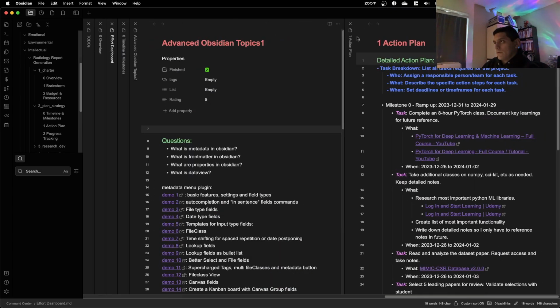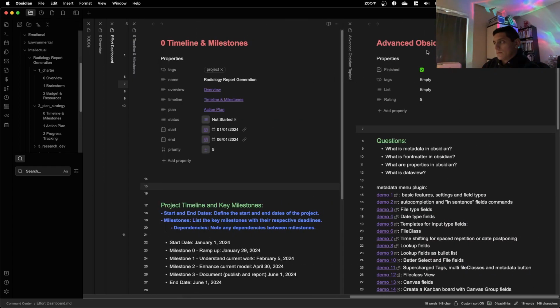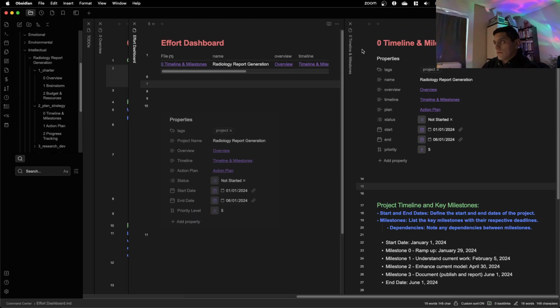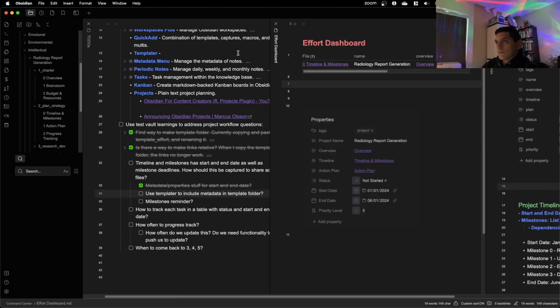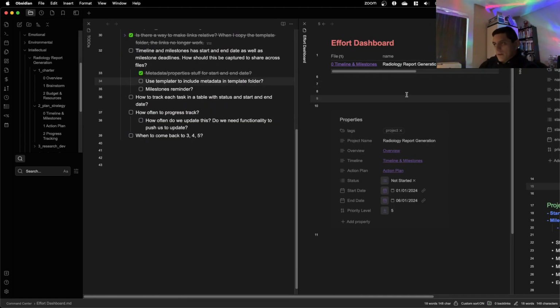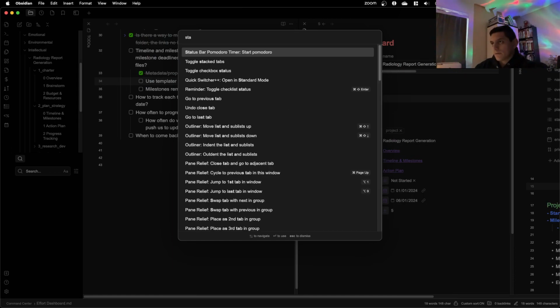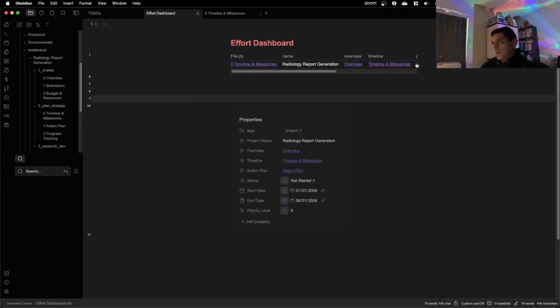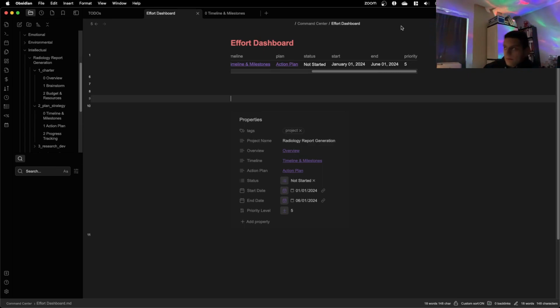And we close some of these. Actually, let's close overview. And then actually stacked. It doesn't show up all the way. What am I thinking?